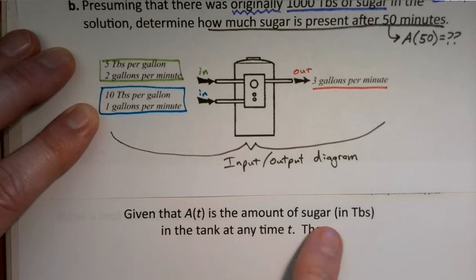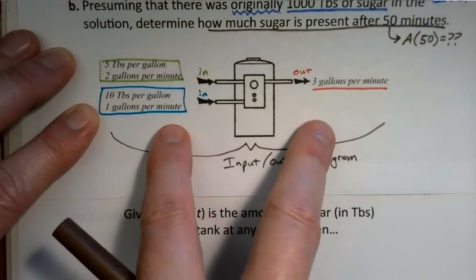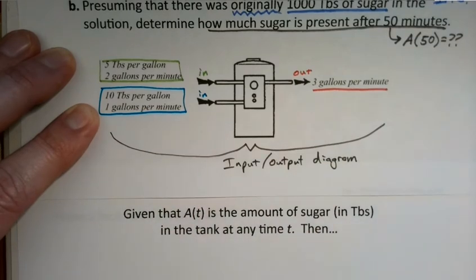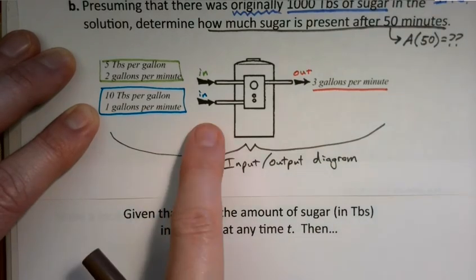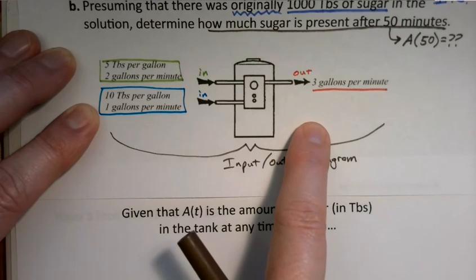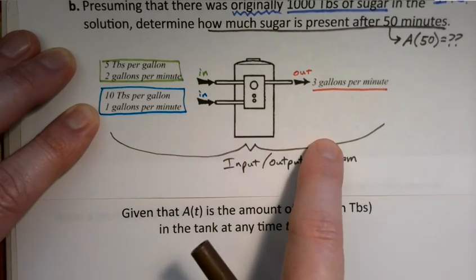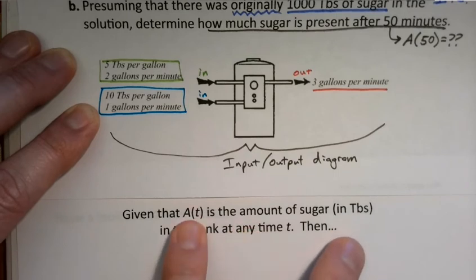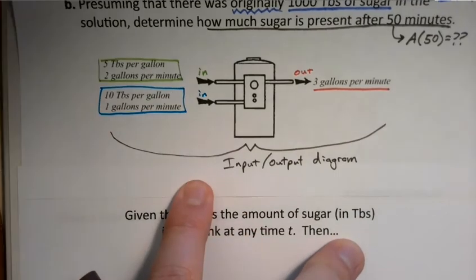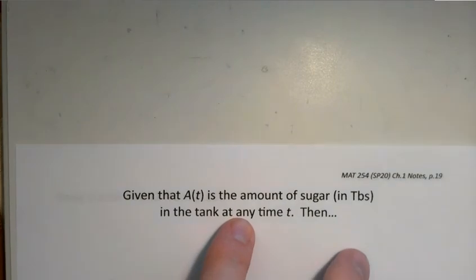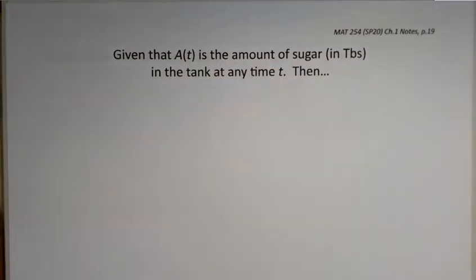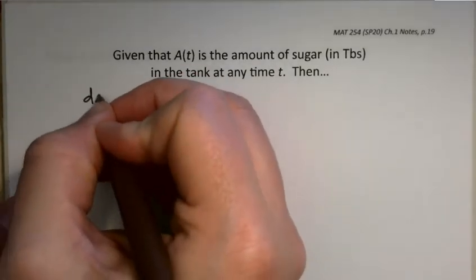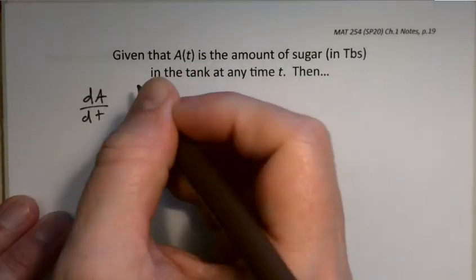A of t is the amount of sugar in tablespoons in the tank at any time. What I want to do is turn this diagram into an equation here. So it's going to have inputs and outputs, but it's really relating these two things. It's really saying the rate of change of the amount of sugar. So the equation that we're going to use is the rate of change of the amount of sugar